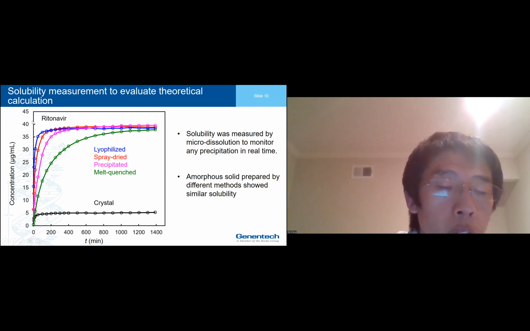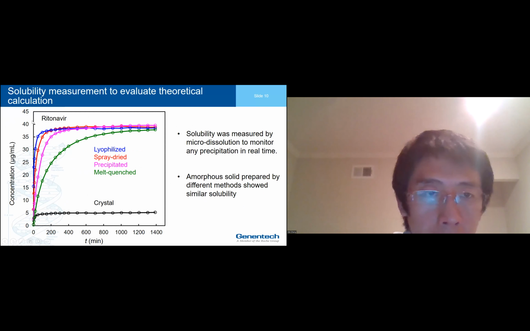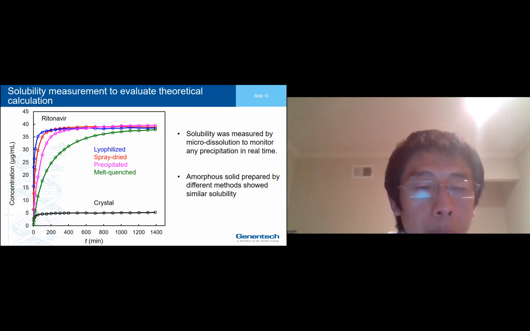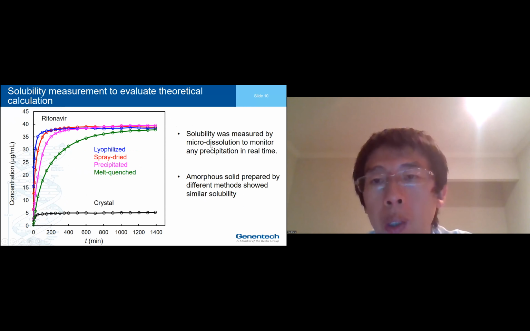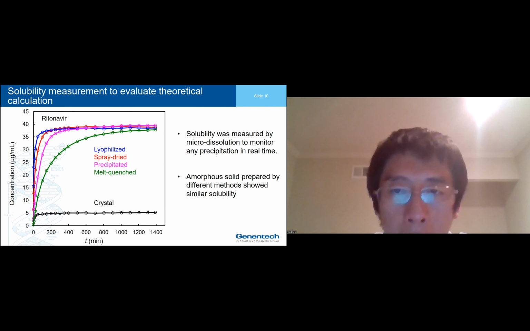And so to verify if the calculation is accurate, we did a solubility measurement experimentally. Again, I'm showing ritonavir as one example. We measured the solubility of the crystal form and amorphous form by a technique called microdissolution. This microdissolution can monitor the concentration in real time. Therefore, by this method, we can know if there's any precipitation from the